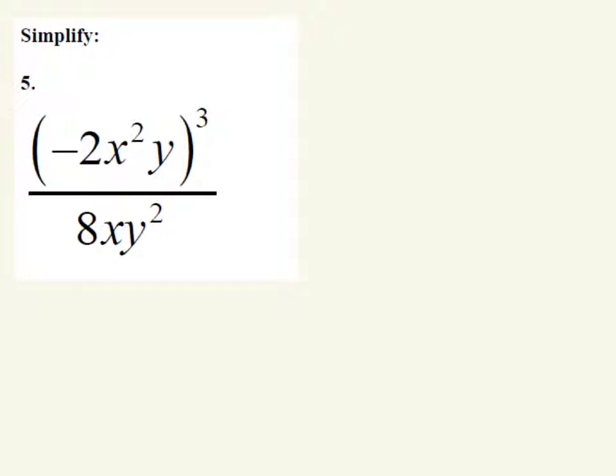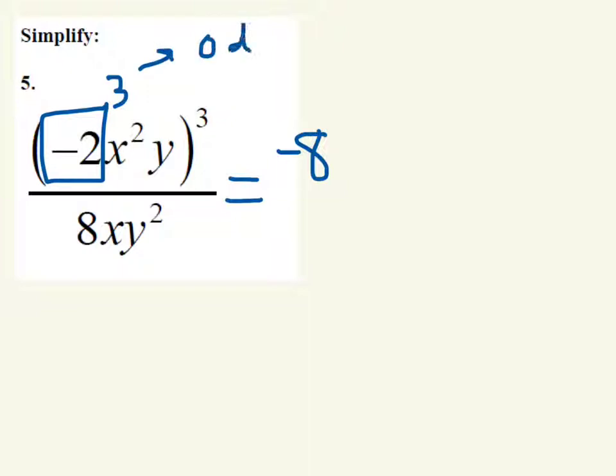Let's carry this on. Say I have something like negative 2 times x squared y all raised to the third. This is where review of our exponent rules will come into play. Negative 2 raised to the third power is equivalent to 8 because negative 2 times negative 2 times negative 2 is 8. Sorry, a negative 8 because we have an odd exponent. A negative raised to an odd exponent is negative. Then we have x squared. Recall from our exponent rules